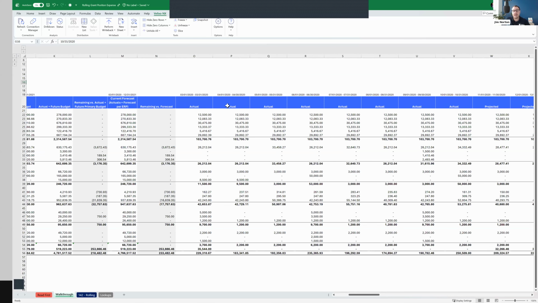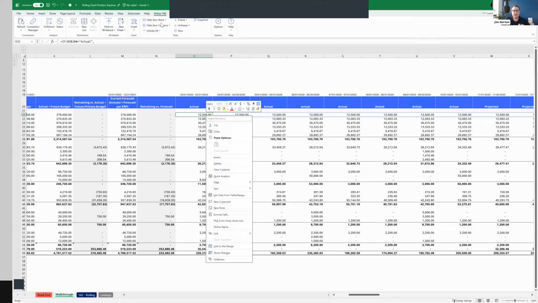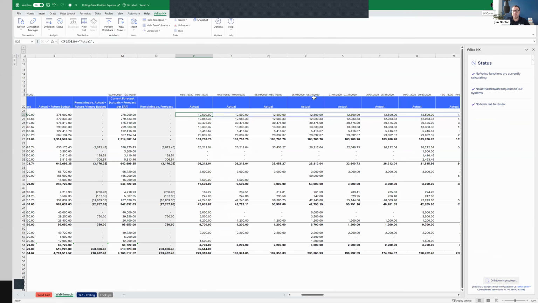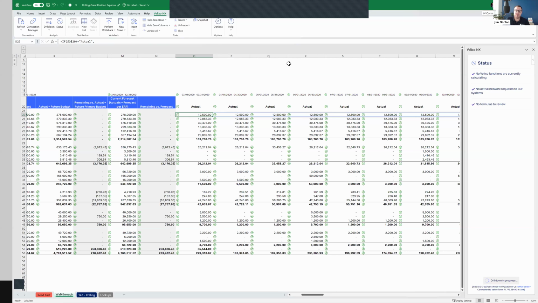By the way, one thing that we haven't mentioned yet, but is very good to know, all this is drill downable within Excel. If I right click on it, or if I go on the Velixo NX ribbon and click drill down, this is actually going to show me for this combination of GL account and dimensions that represents your line, here's what you're looking at.